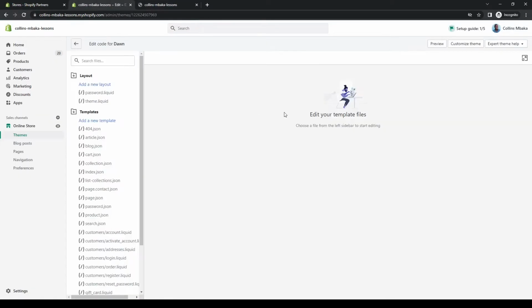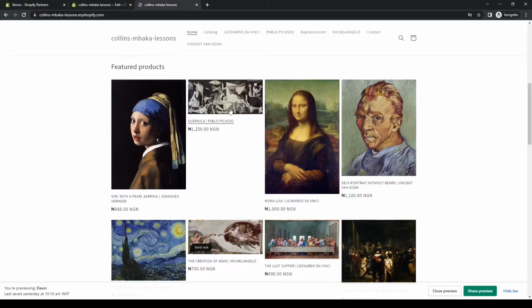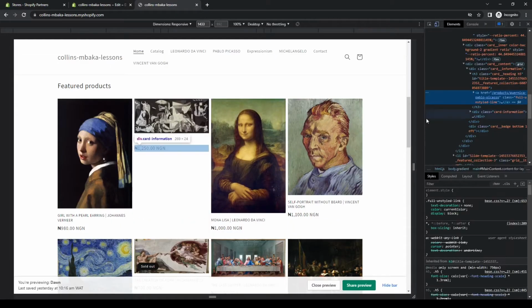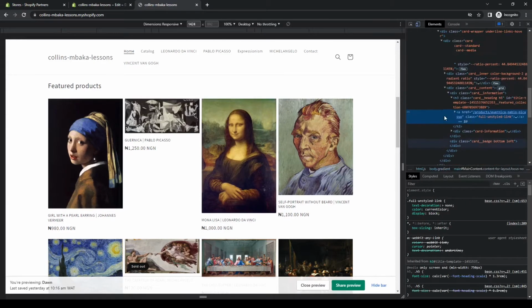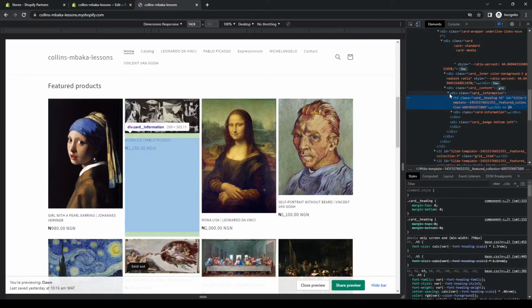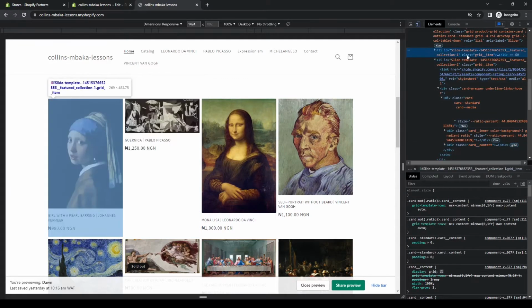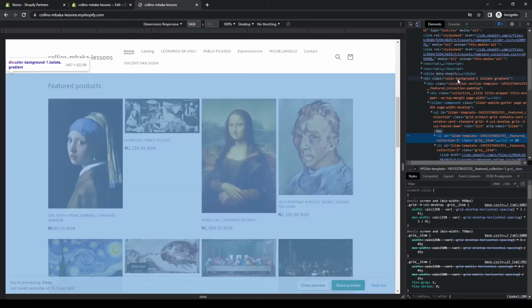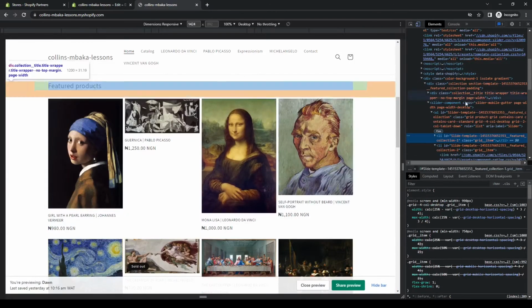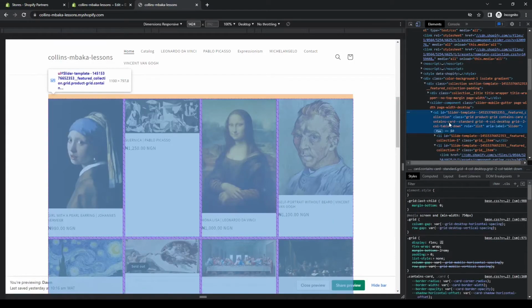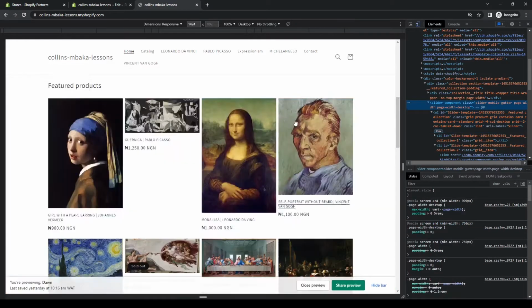If you're using the Dawn theme, I'm going to try to make this work so that if you're not using the Dawn theme, you should be able to attempt it on your own. You can just right click on this and inspect. I don't know if this is getting too technical, but from the console you can actually see the template. If you keep scrolling up to see this section's template, you can see where it is coming from, so you're able to go back and edit it